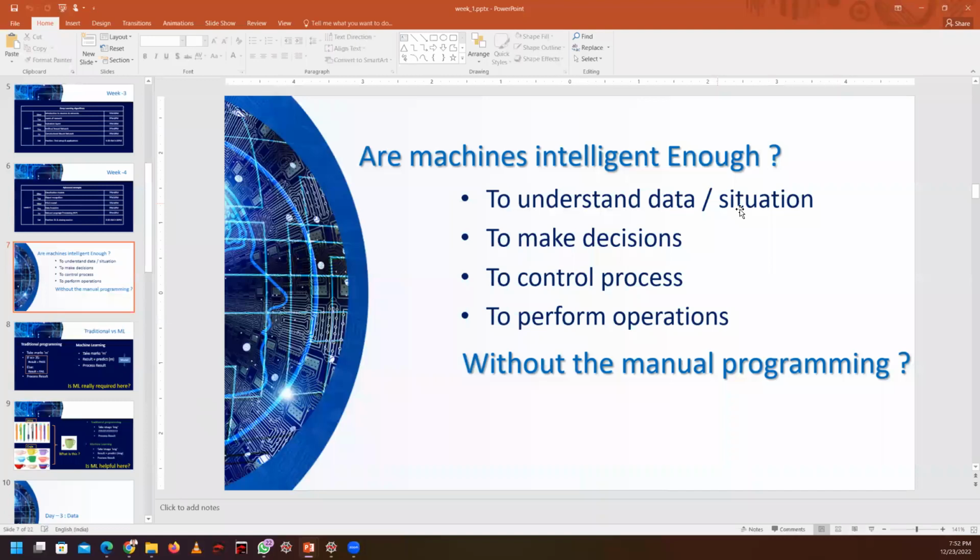We have to set a label of dog and tell the model, this is a dog image, try to understand it. Once we perform these things, then machines are able to take decisions, control processes, and perform operations intelligently. But otherwise you are misleading your system here.